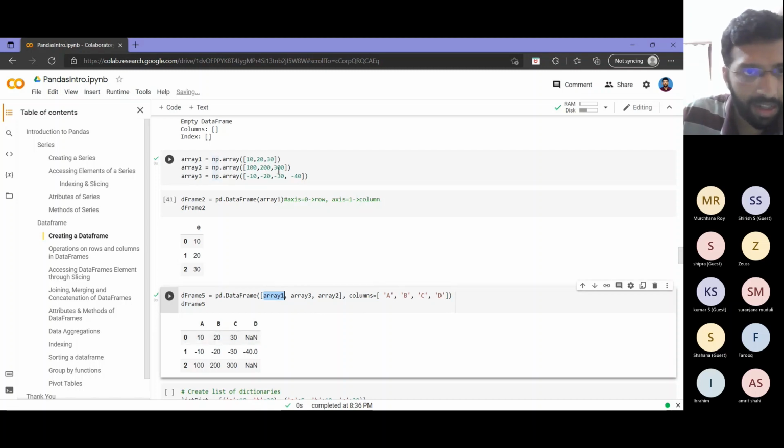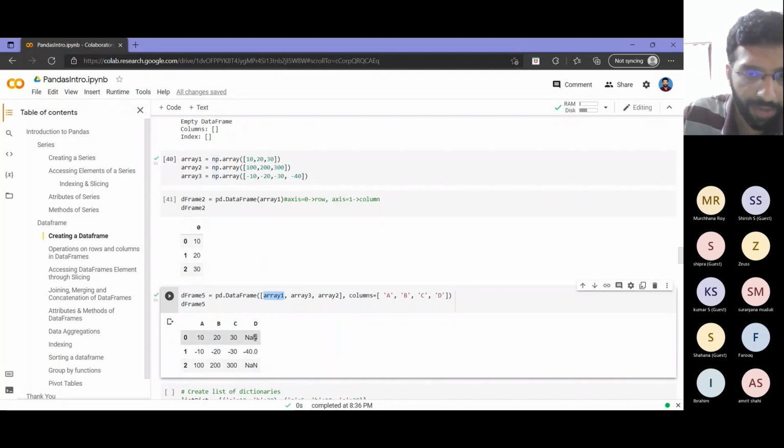I have given array 1, array 3, array 2, so the second row comes as minus 10, minus 20, minus 30, minus 40. And my array 2 is 100, 200, 300, and then NA, not 400. The NA came here because array 1 and array 2 have size 3 and array 3 has size 4.